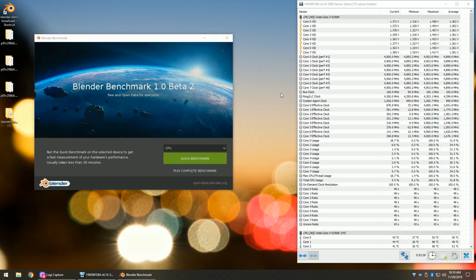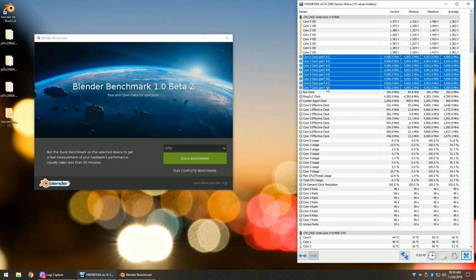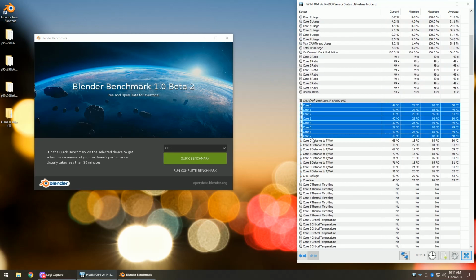Okay, now that Blender benchmark has ran for a little while, I've went ahead and canceled out of it, and we're going to go ahead and take a look at the information that we can find from HWiNFO after this stress test. We can see that the frequency of 4.9 gigahertz is not changed at all, so no downclocking. The temperatures on the cores, we can see, got up to 96 degrees Celsius,